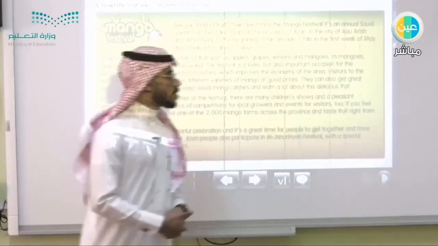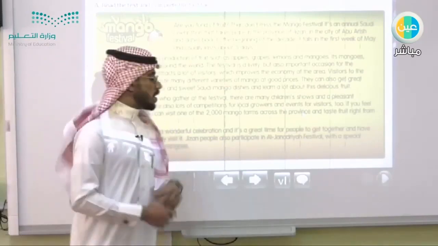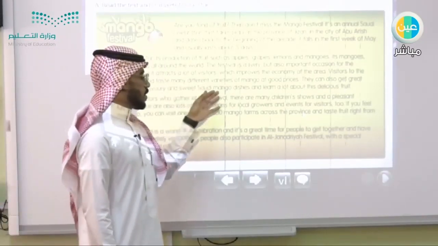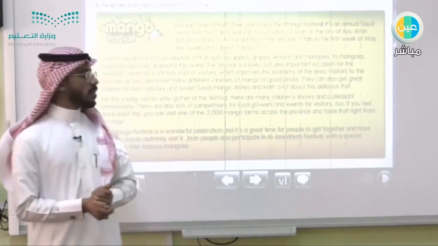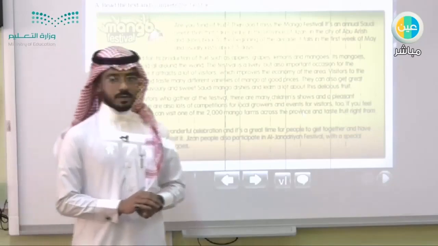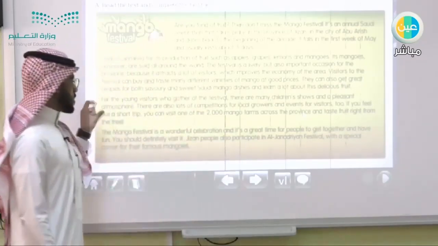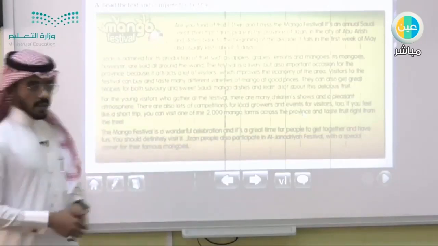They can also get great recipes, recipes for both savory and sweet Saudi mango dishes, and learn a lot about this delicious fruit. Okay, this is the first part of the main part. This is the second part in the main part, for the young visitors